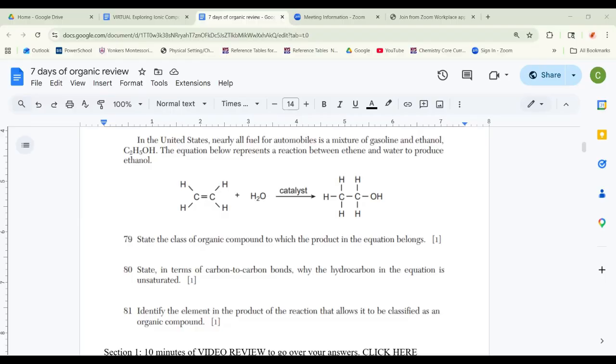And I'm going to point out again that this just says state, it does not say explain. So don't go into anything extra. You need to be able to identify that the reactants are on this side of the equation and that all of your products are after the yield arrow. So they're asking you about the product. So this is your product. And the class of the organic compound is the category it's in. So the category that this is in,